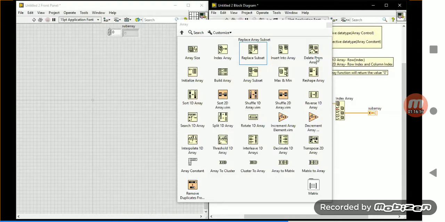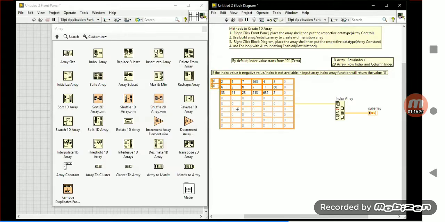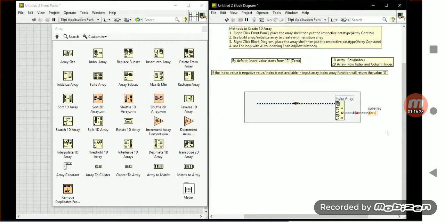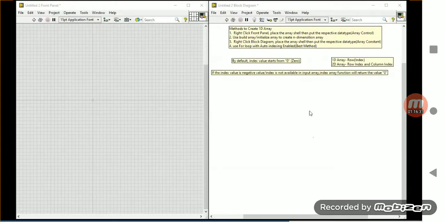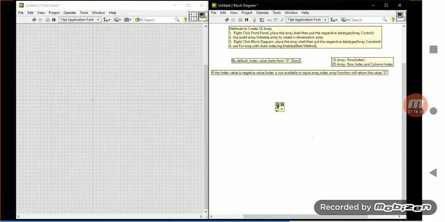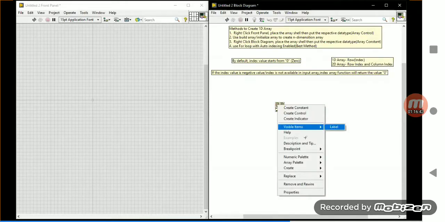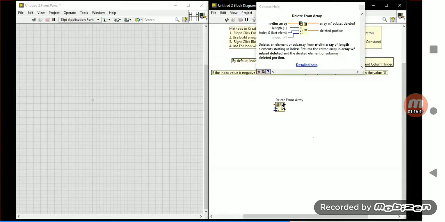Now we will discuss delete from array, because delete from array is something important. In the delete from array function, a help window is available.